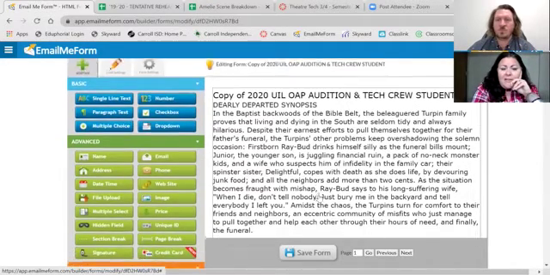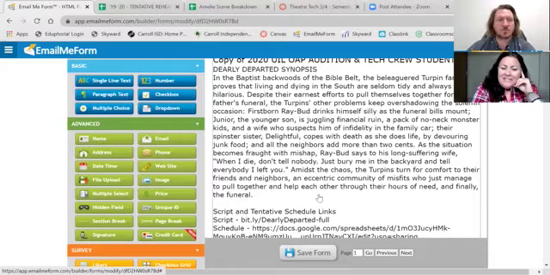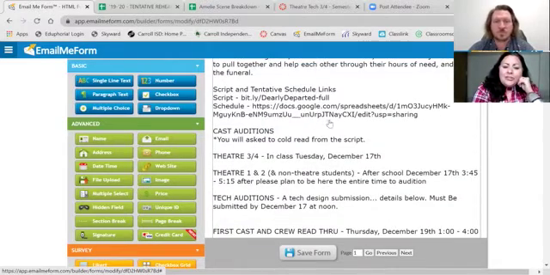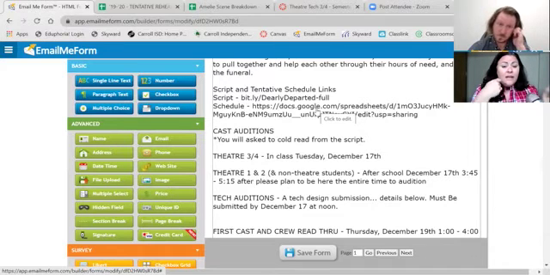So the first thing I have on my form is a synopsis, and I have links for where they can look at the script and read it. I always have my schedule done before auditions because I want them to know when they're going to be called so they can be really upfront with me about conflicts. I can work around almost anything, but I can't work around it if you tell me the week before. So I'm very strict about conflicts and our schedule.